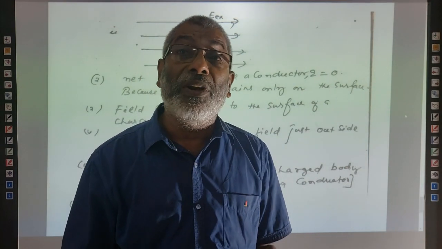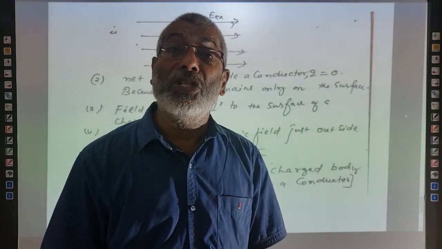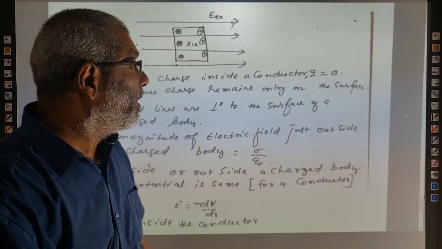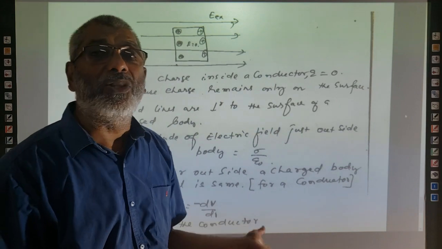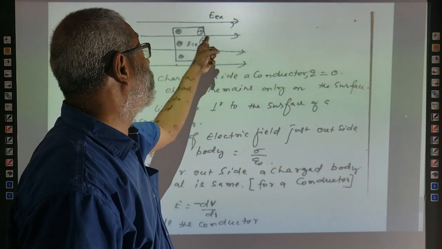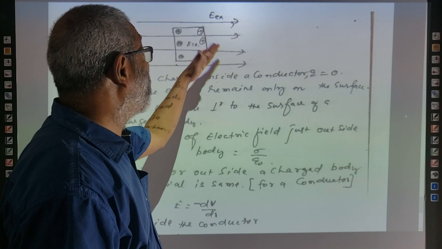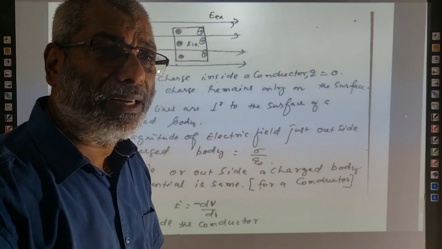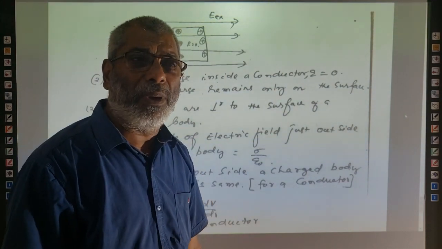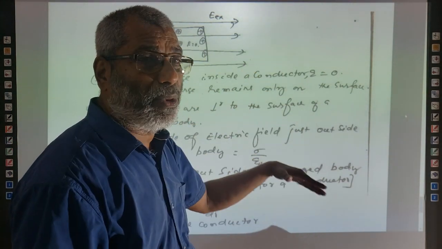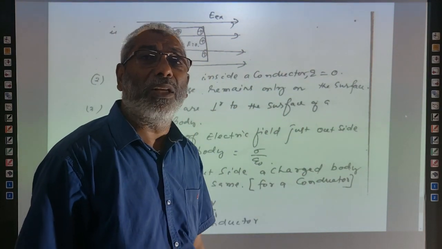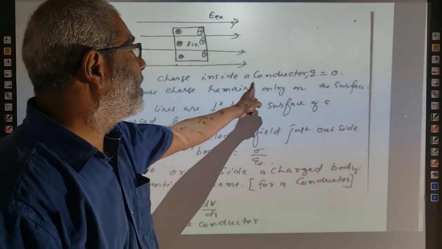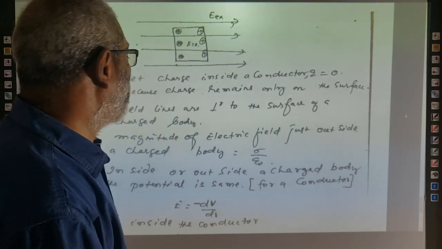So a conductor, when it is placed in an external field, the intensity of electric field inside the conductor is equal to 0. Actually, lines of force will not pass through a conductor. This is just an example I showed, but lines of force will not be present inside the conductor. Why do lines of force not exist? Because of the charge distribution, the intensity of electric field will be equal to 0 inside. Hence, no line of force will be present inside the conductor. Okay? Net charge inside a conductor is always equal to 0. This point you also have to remember.